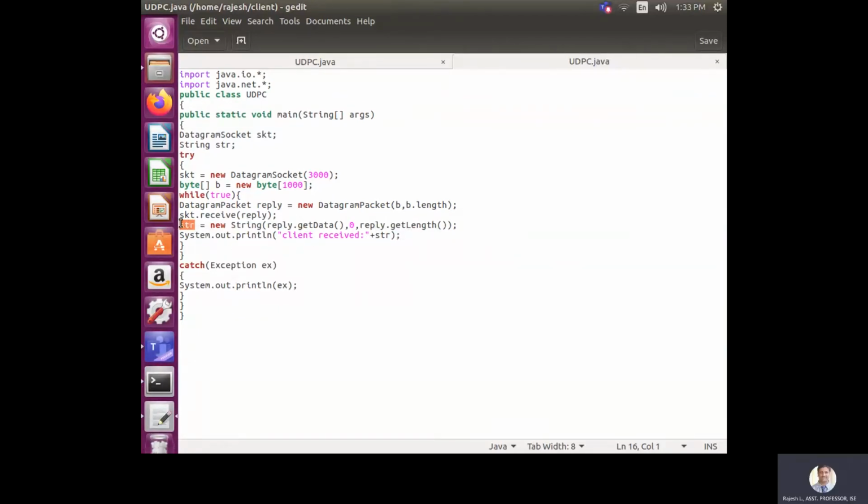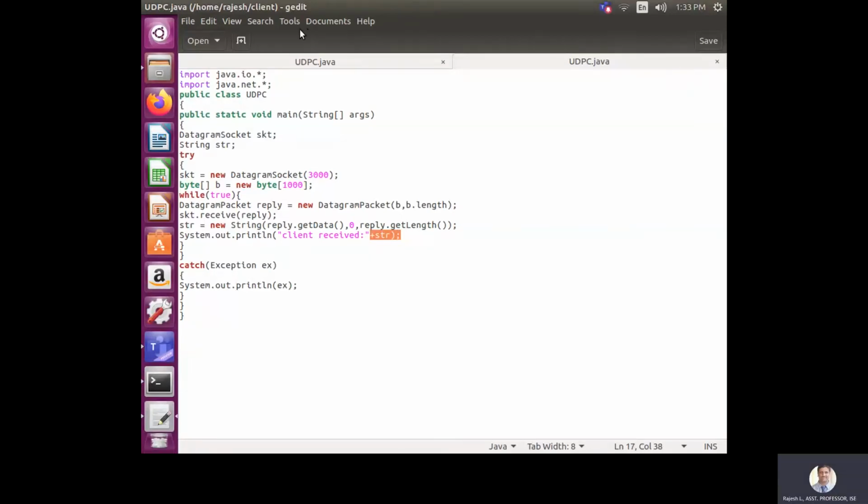Now print whatever you have received at the client side: System.out.println("client received is" + str). That means you print the characters stored in the str variable from the reply packet.